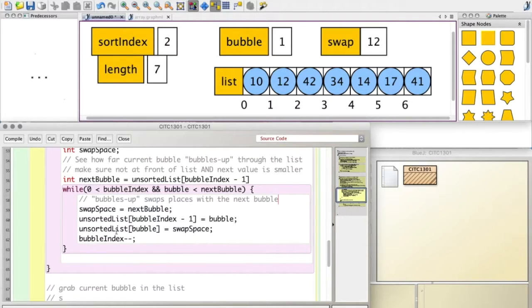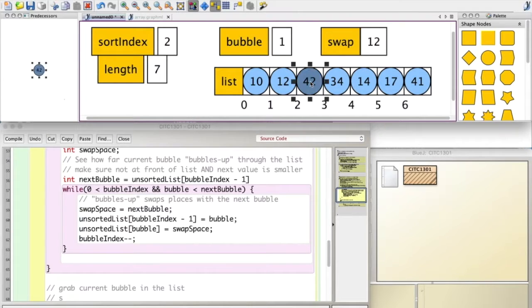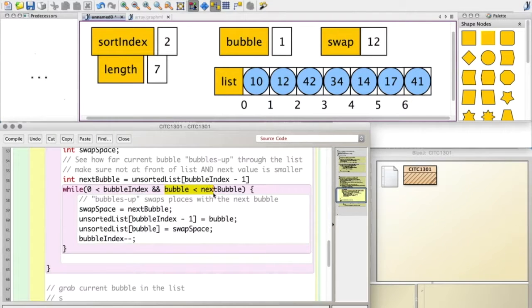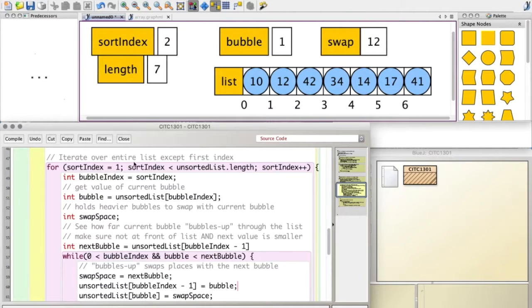So then this would swap, and this is all we need to do, right? This is our individual action. If we modeled it, 34 would swap with 42, but then we would stop, right? So we would pop out because bubble is no longer smaller than next bubble. So we would pop out. We come up here, change our sort index, change our bubble index,